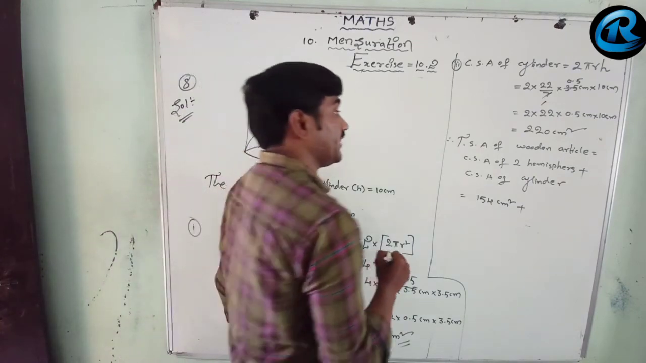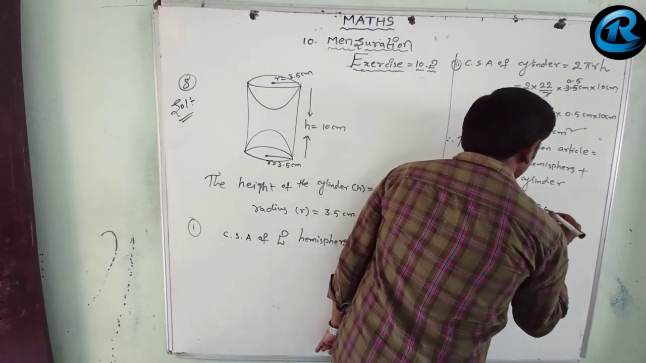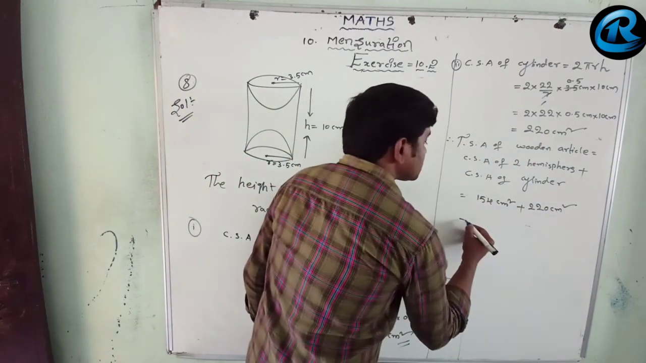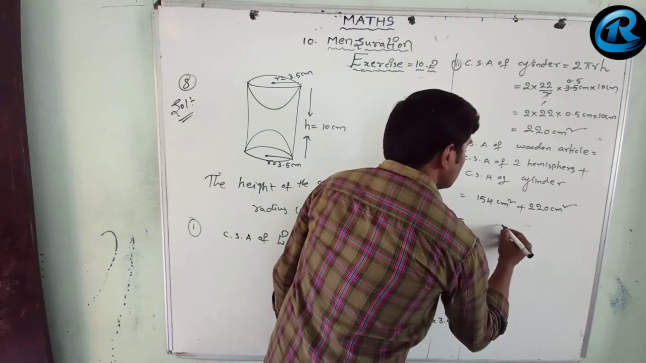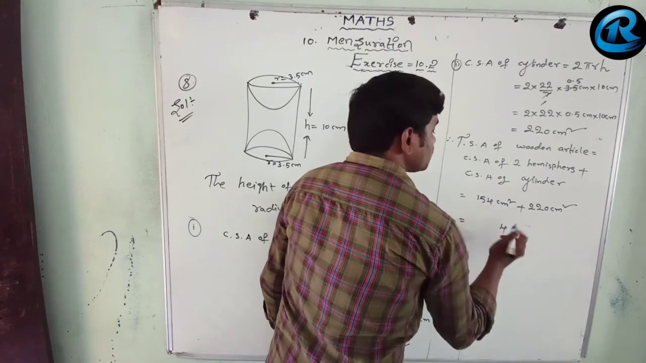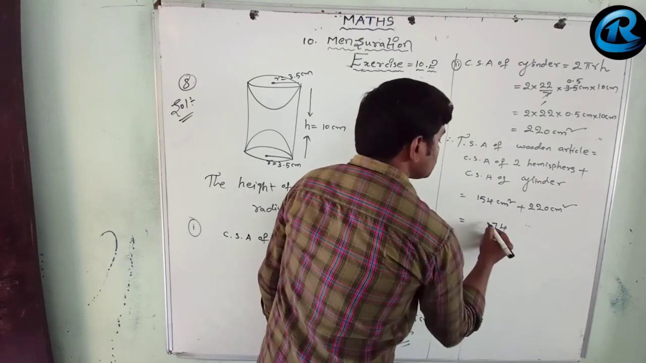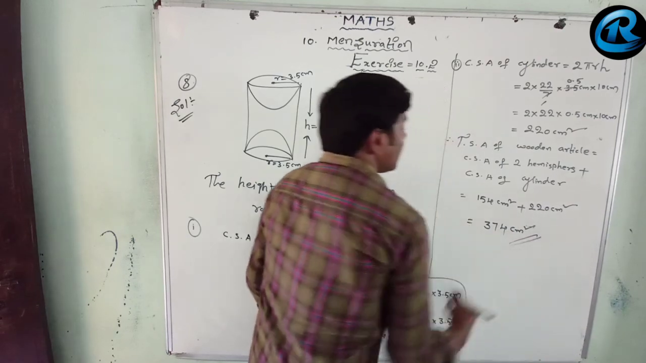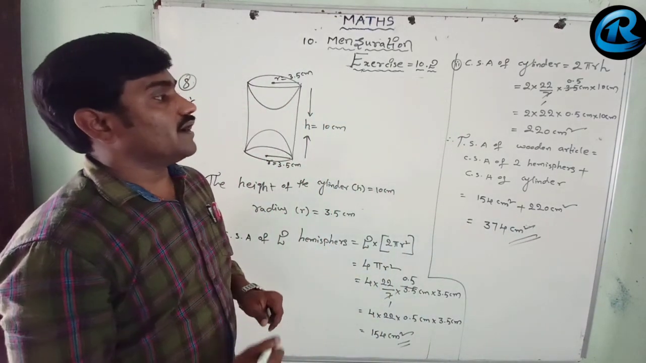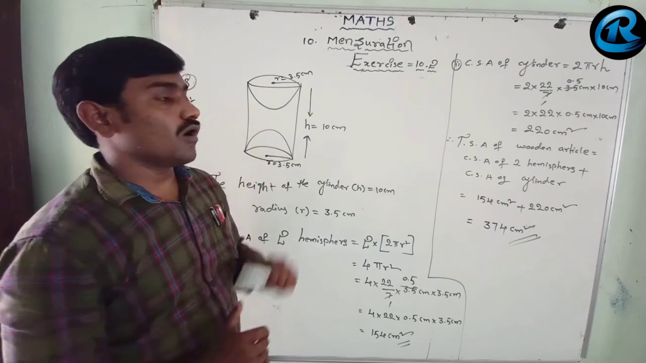220 centimeter square. Let us add this: 4 plus 0 is 4, 2 plus 5 is 7, 2 plus 1 is 3, 374 centimeter square, and this is the total surface area of the wooden block,